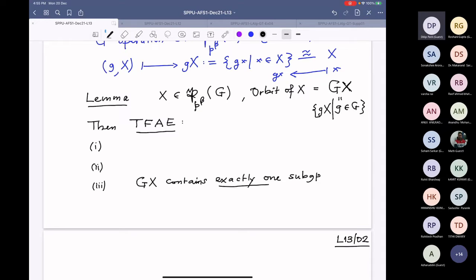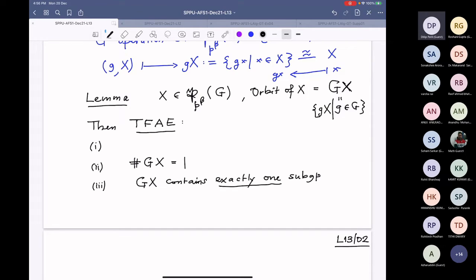Exactly one subgroup. So this is what we would like to prove. But not every orbit, so there will be conditions. So that 1 and 2 will give you the condition. The second says the cardinality of the orbit